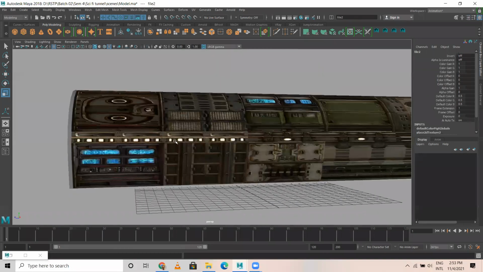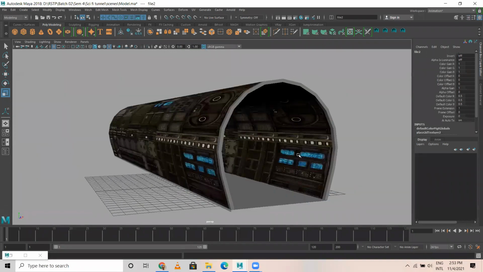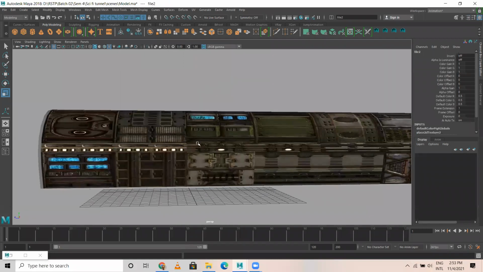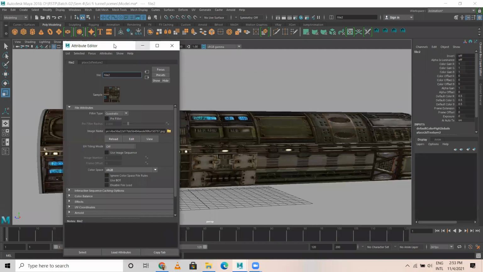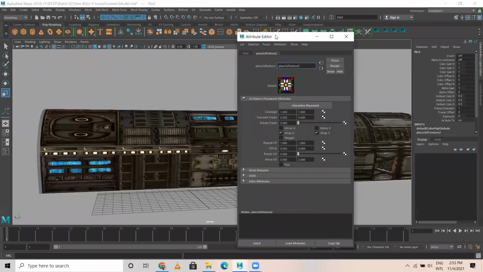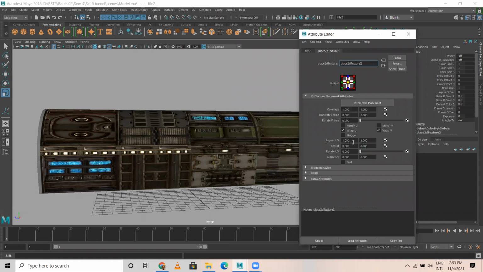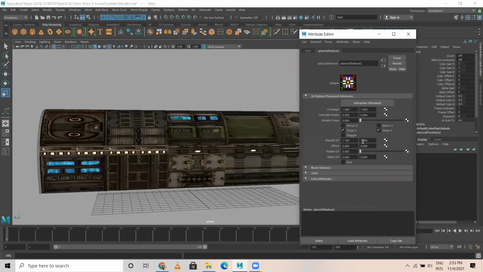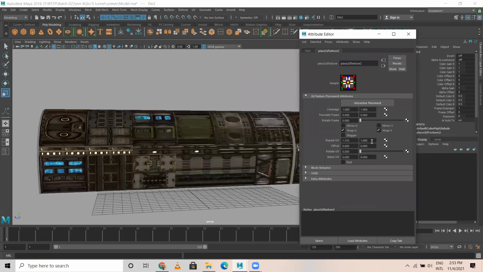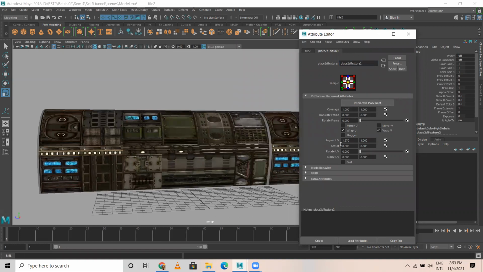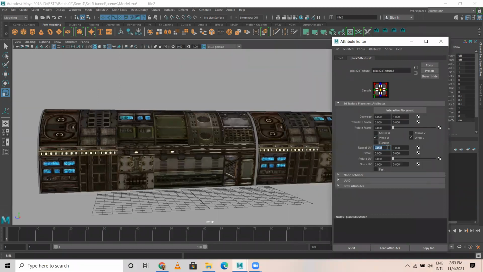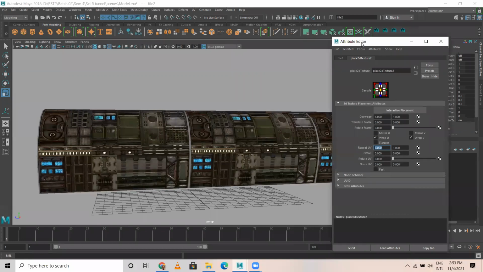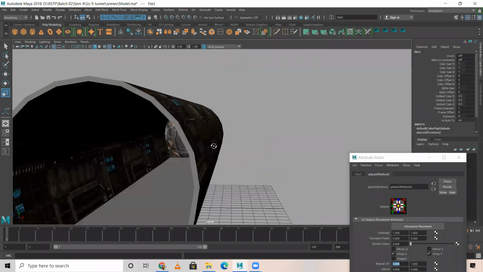Now if you notice, inside it is there, but I would like to see it in this particular way. This is nice. This is looking really cool. So I go to attribute editor. In place2dTexture, what I'm gonna do is repeat UV, not rotate. Here I would like to see which one is better. Under U, I'm gonna give 2. I'm gonna multiply this to 2 or 3. I think 3 is fine.